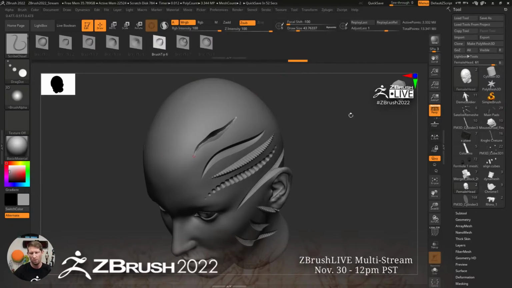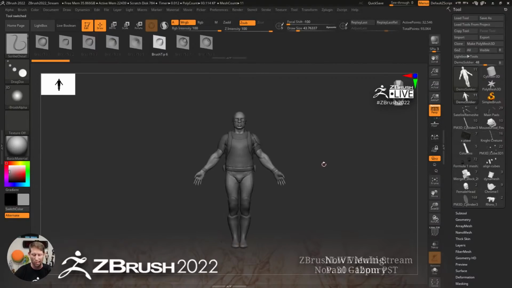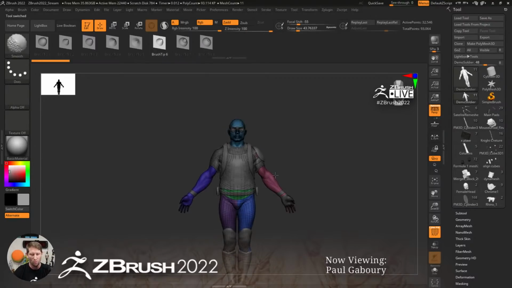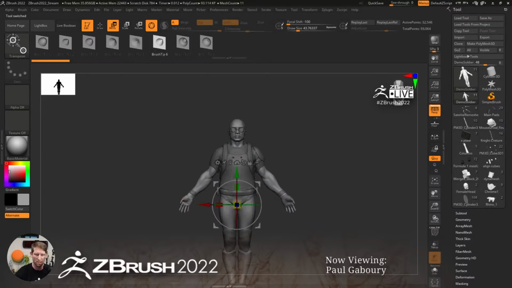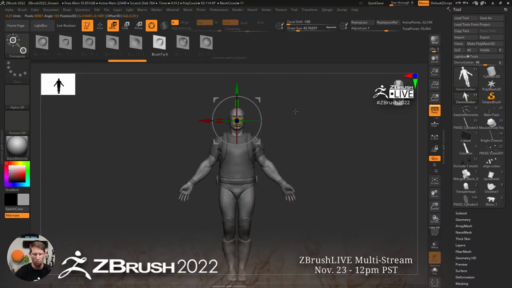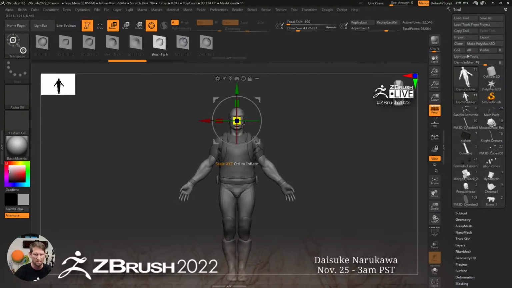Okay, so let's continue moving on. Let's take the demo soldier again. He's our friend, and we'll make sure he's selected. I'm going to throw on my gizmo, and let's put him up here in the top. When we're working with our gizmo, we have obviously the ability to move, rotate, and scale, and everything's staying nice and conformed to what the original